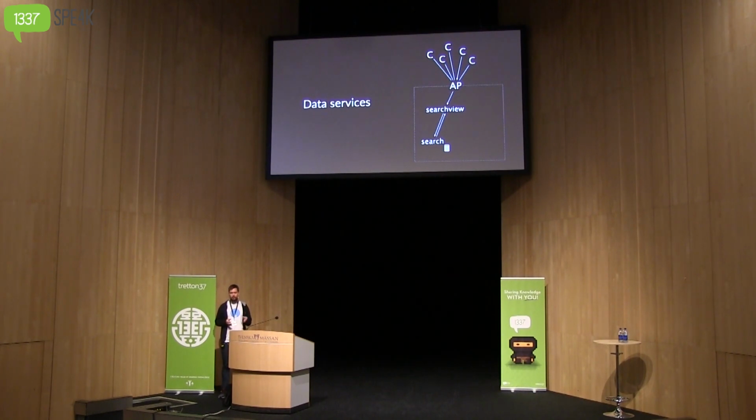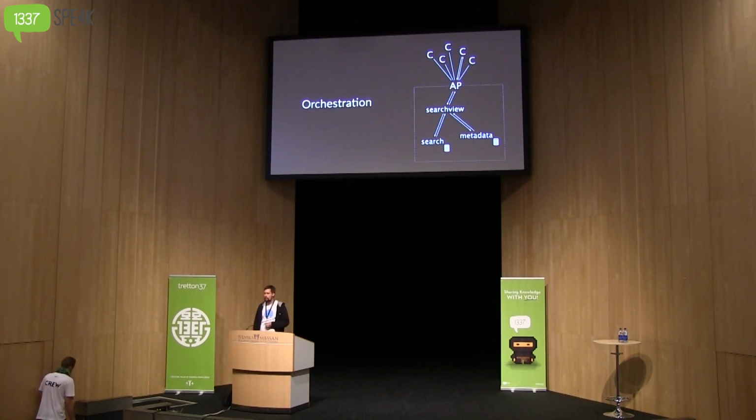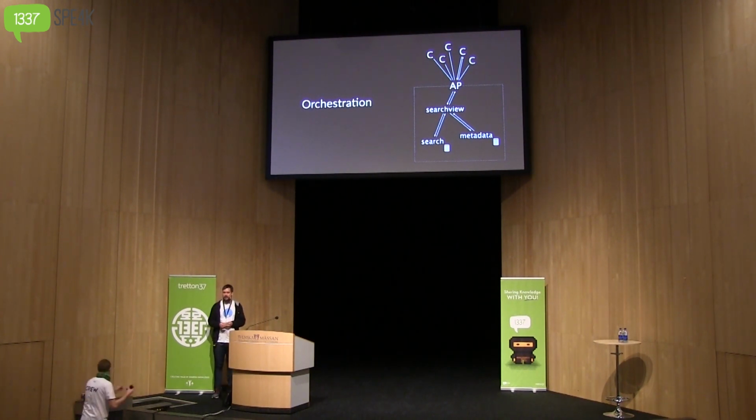It actually did at one point long ago in the Spotify history. Turns out that that's a lot of data, and trying to fit that into an already large search index doesn't make much sense. So instead, when the search view service gets this result back from the search service, it will send a second request to what we call the metadata service. And the metadata service can do exactly this. It can take a list of identifiers and decorate that with metadata. What doesn't show in this picture is that that metadata thing is actually also a set of services. It's also broken down into multiple services. But this is a little bit of a simplification.